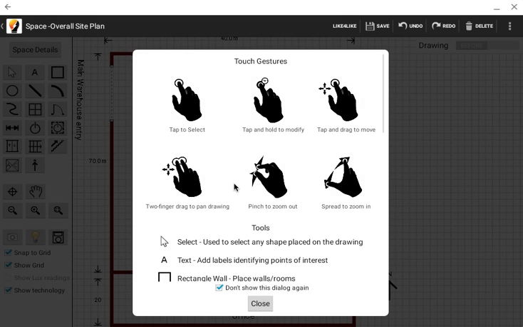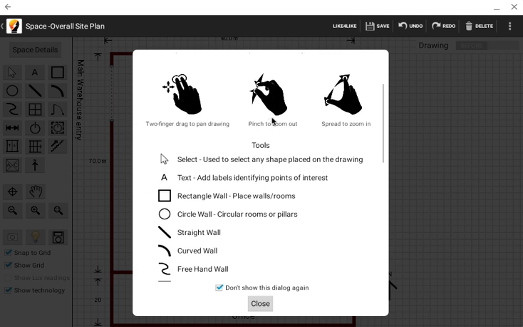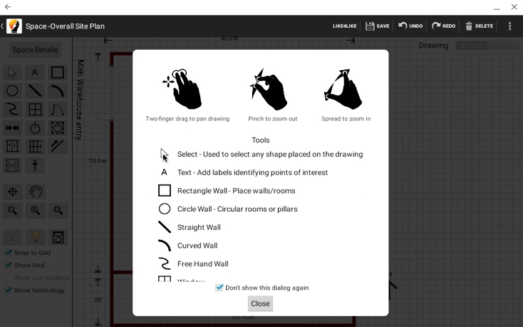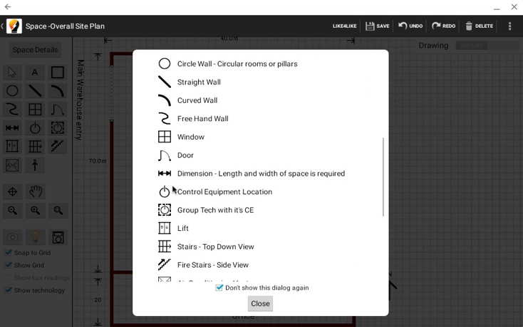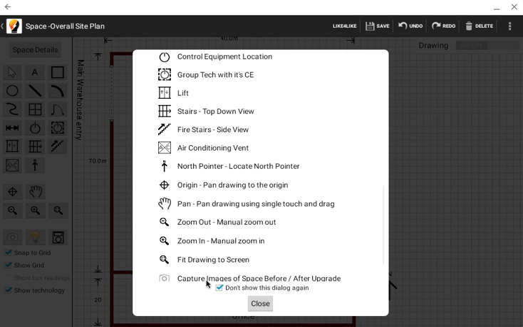when you first open it for the first time, this will tell you about all the functionality of the drawing tools. So you can tap to select, tap and hold to modify, and it'll also tell you what each of these are for. So this is the select tool, this is for writing text. We'll go through them in a bit more detail, so I'll click close,